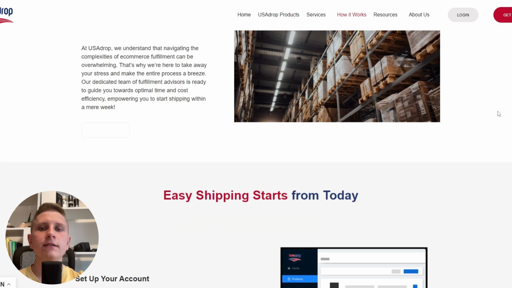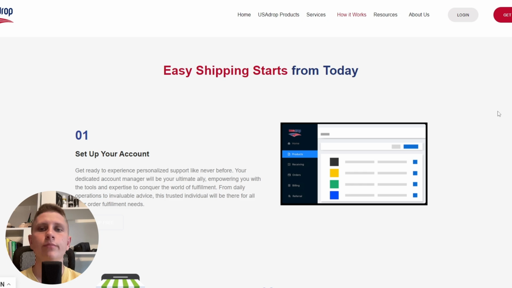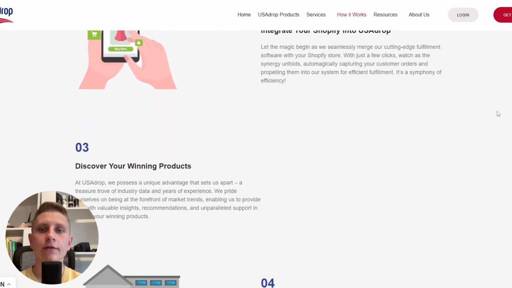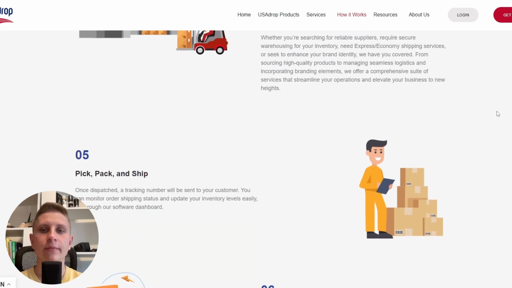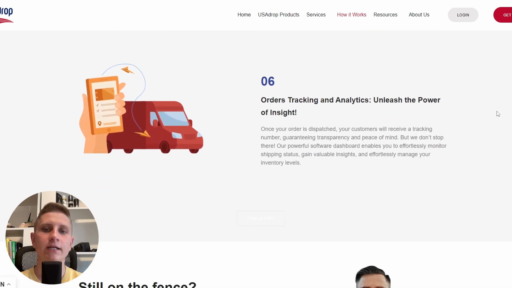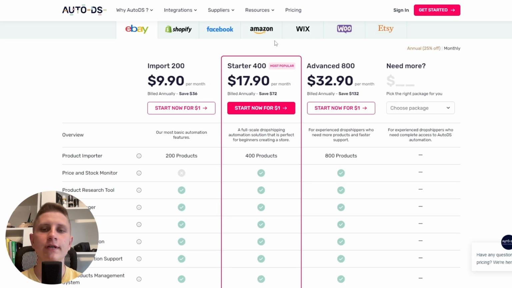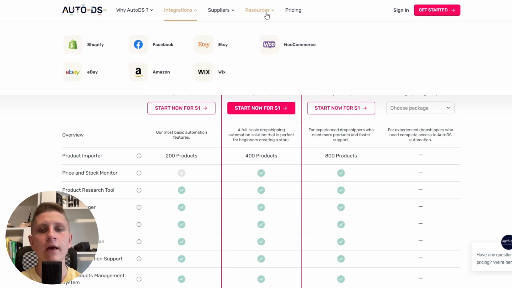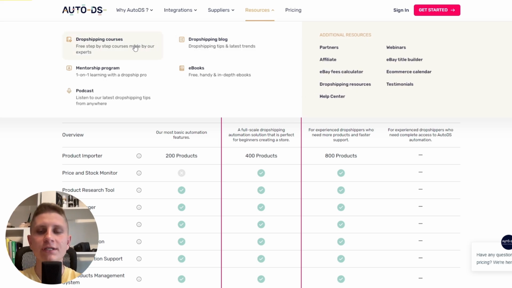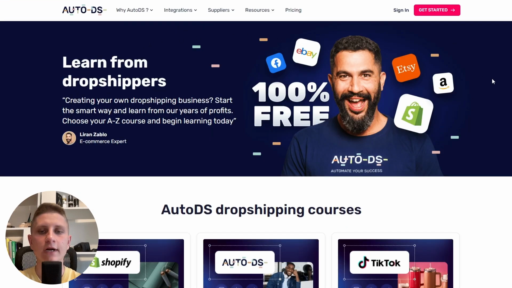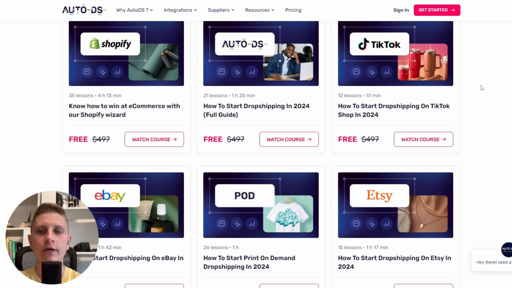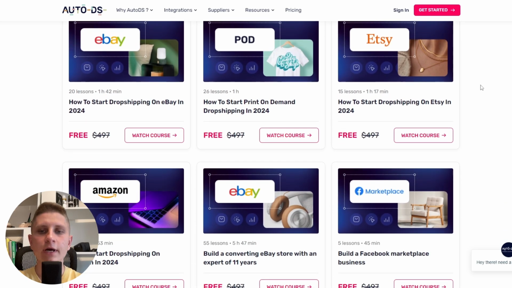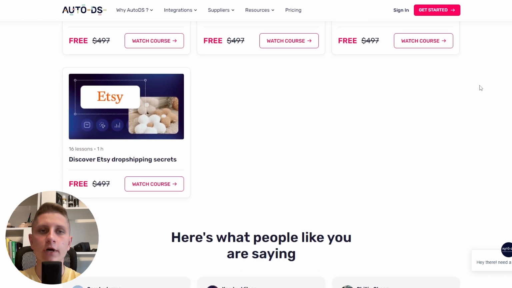In conclusion, we can say that both of them are powerful dropshipping automation platforms. However, they are best suited for different types of businesses. AutoDS is a good choice for businesses that want to automate their dropshipping operations and source products from AliExpress. AutoDS offers a range of features that can help you to save time and money. USADrop is a good choice for businesses that want to source products from US suppliers and offer fast shipping times. USADrop offers a range of features that can help you grow your business, such as branded packaging and no minimum order quantity. Ultimately, the best platform for you depends on your individual needs and budget,